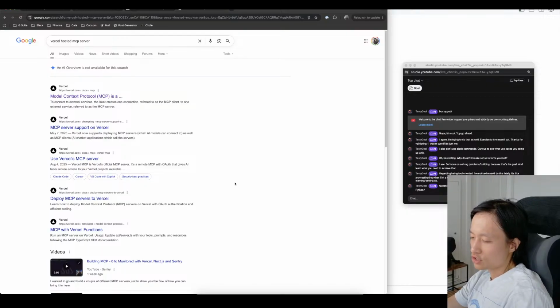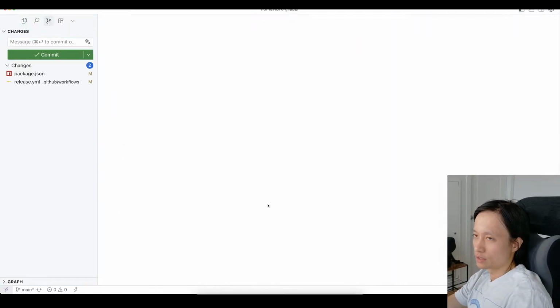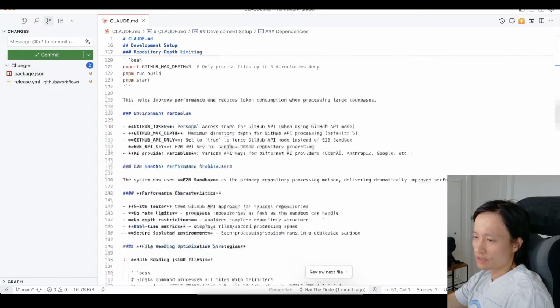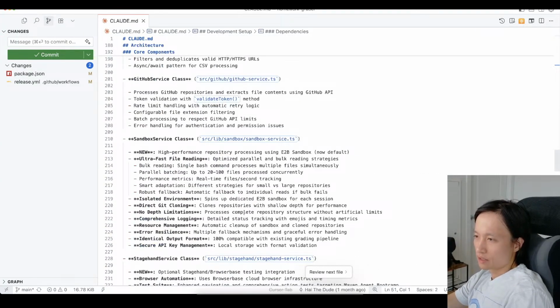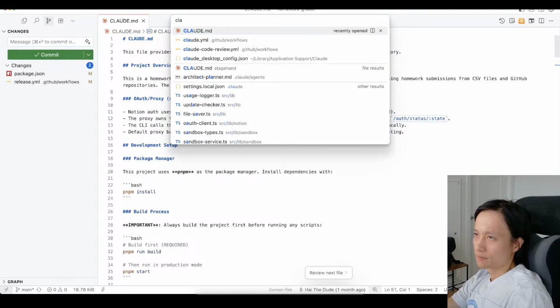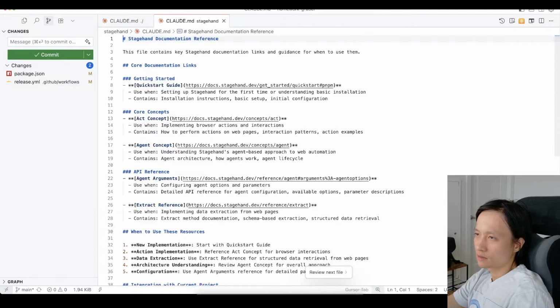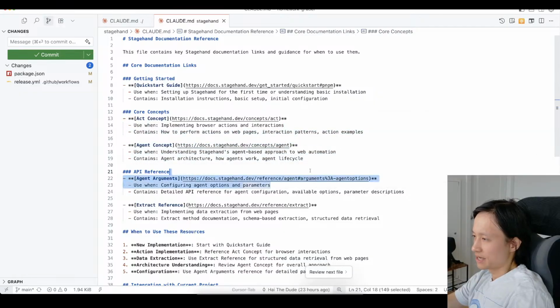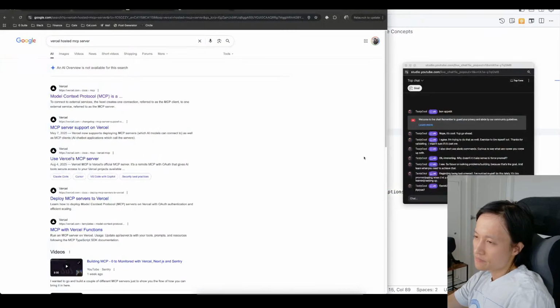But I found the chunks that it responds with were incomplete and weren't super useful. So I found that compared to how I usually do it, which is I put my documentation URLs inside of my CLAUDE.md file, it's more performant. So for example, like this. I find this to be way more performant. It knows exactly which website to go to and scrape and then read and then answer. But